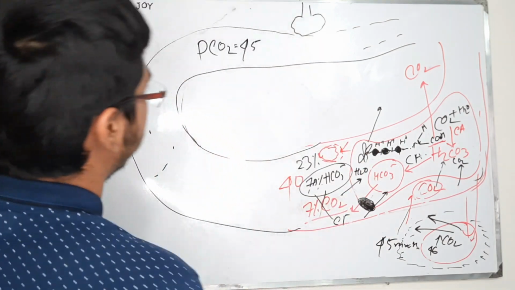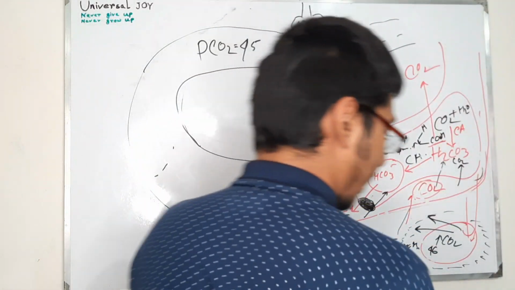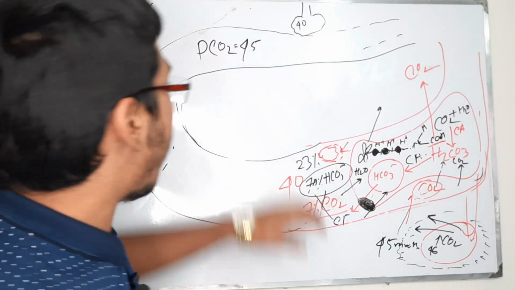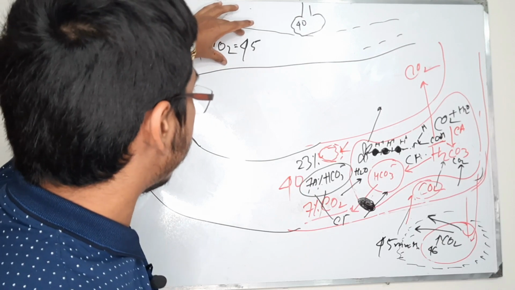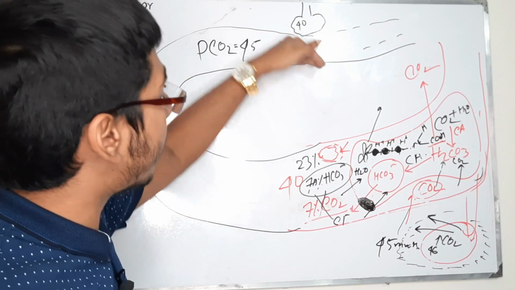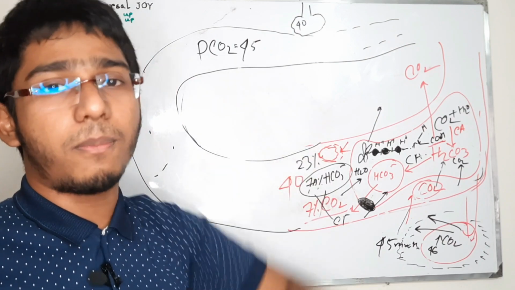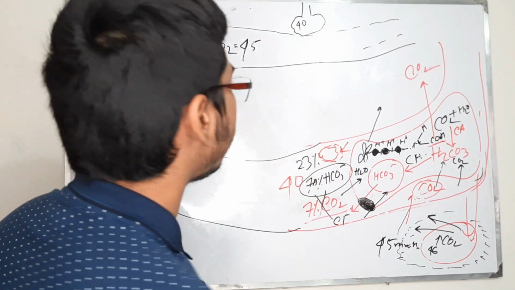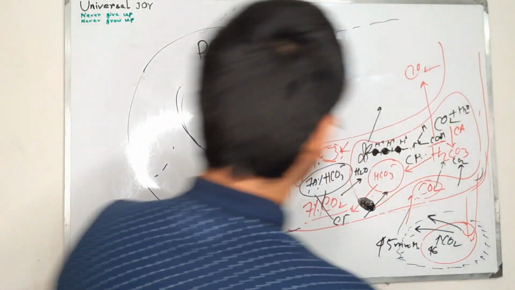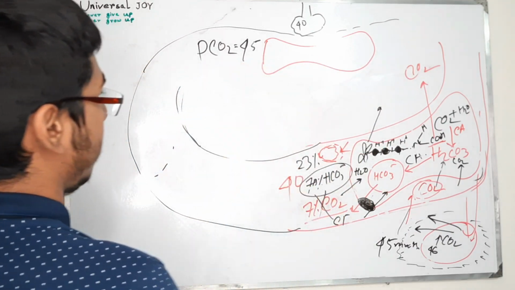And what really happens is that in the lung, the partial pressure of carbon dioxide is approximately 40 millimeter of mercury. Now due to this pressure difference of 5 millimeter of mercury, carbon dioxide will shift from the blood vessel into the lung alveoli, and it will be thrown out of our body into the outer atmospheric source. So I'm going to draw one picture of an RBC, because here RBCs are also going to be seen. So let us suppose in this blood, this is the picture of the RBC,